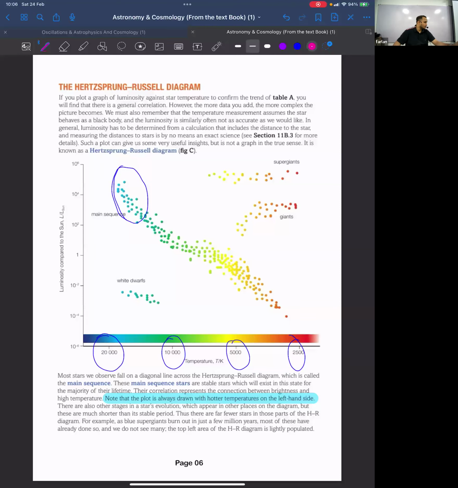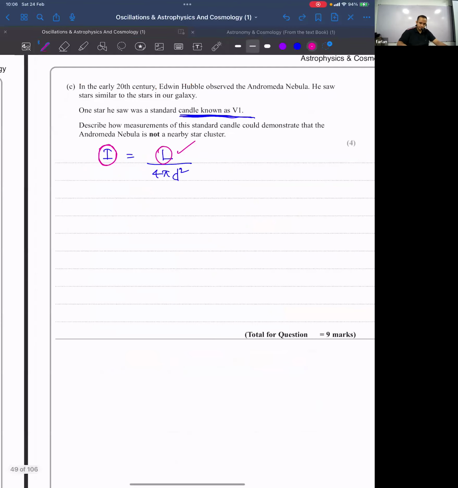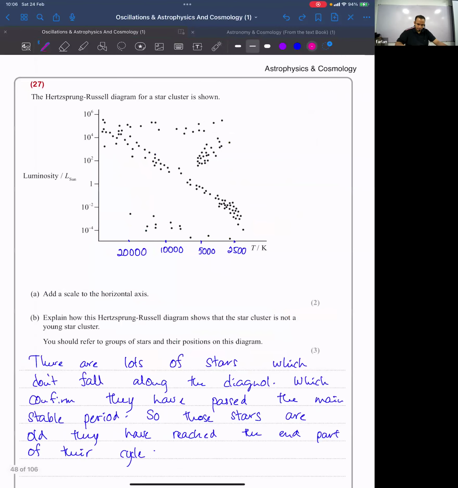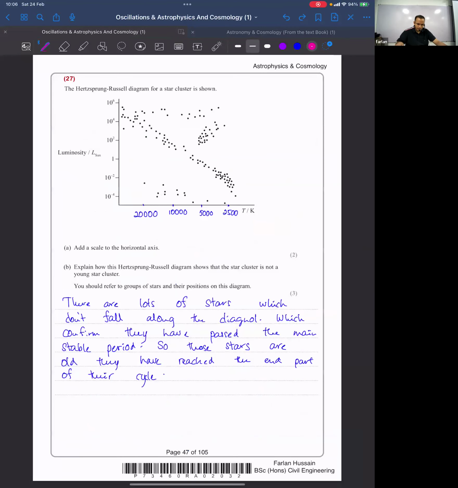Okay, let's go to the previous part of the question where it's told to show there are lots of stars which don't fall along the diagonal, which confirms they have passed the main stable period. So those stars are old, they have reached the end part of their cycle is what I told, right? Add on to that,